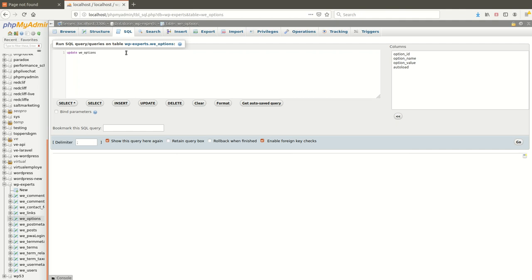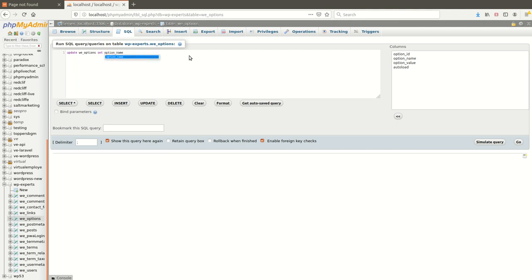Update table set. After set you need to define the field name, option name.